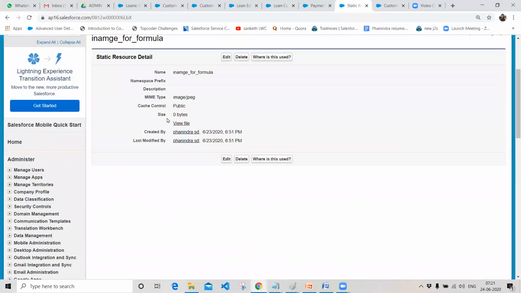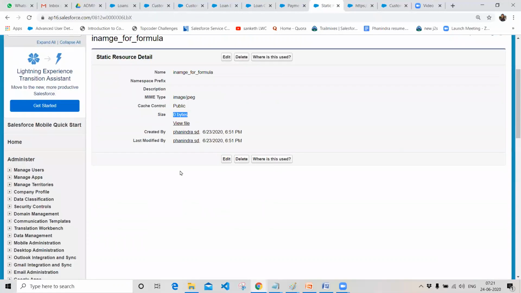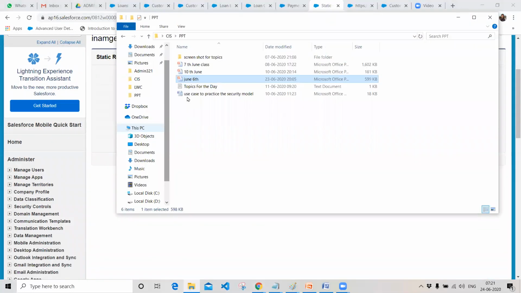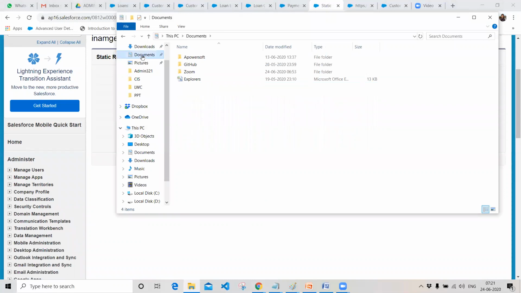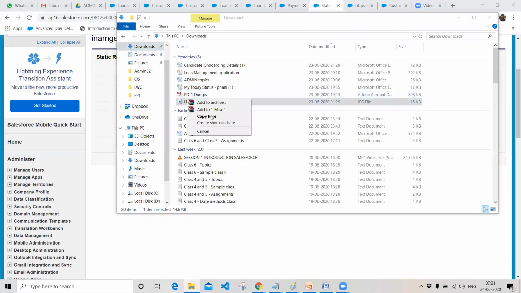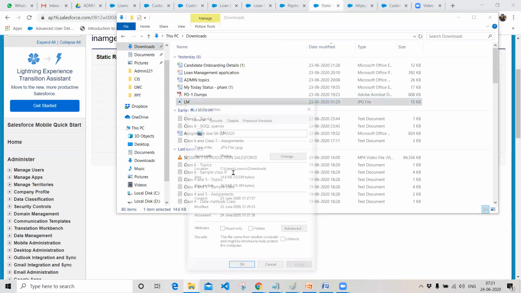So this is my file, but it is not showing the view file. Oh my god, it is not showing. So it is not exceeding the size in KB that we have defined. Let's go to documents, downloads, and check the property of this image. What memory is it consuming?